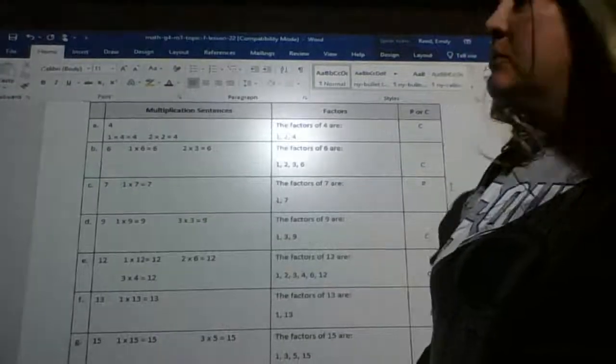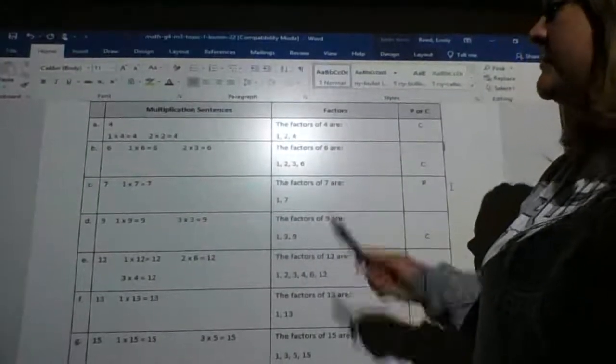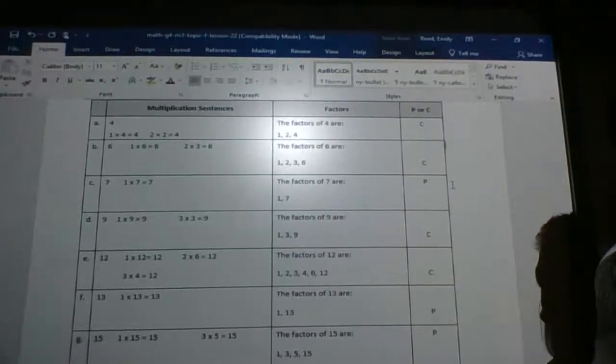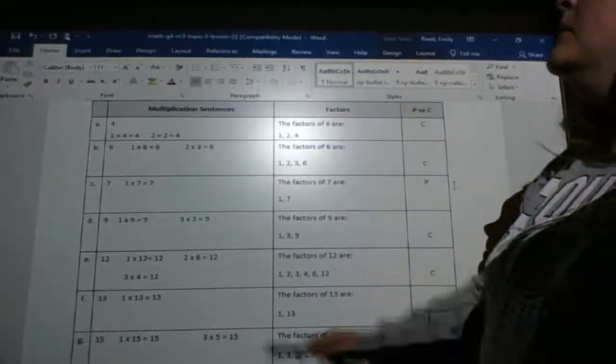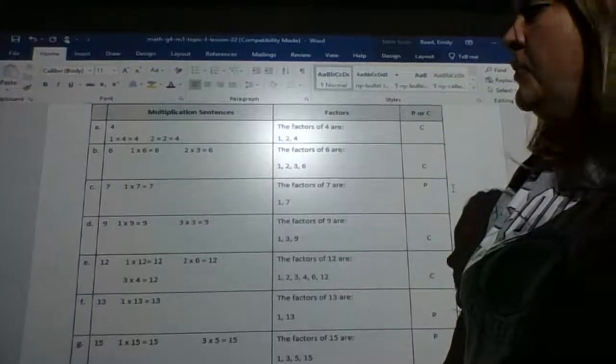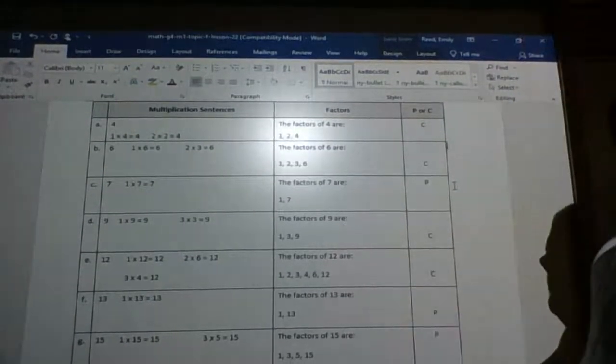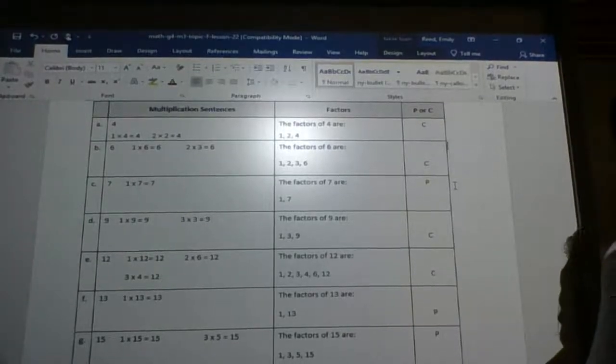Multiplication for 7 is just 1 times 7. The factors for 7 are 1 and 7. That makes this a prime number. You should have a P over in the last one for 7. On D, multiplication sentences are 1 times 9, 3 times 3. The factors of 9 are 1, 3, and 9, and that makes it composite because it has more than 2